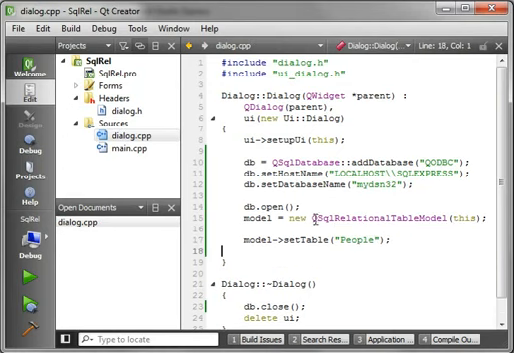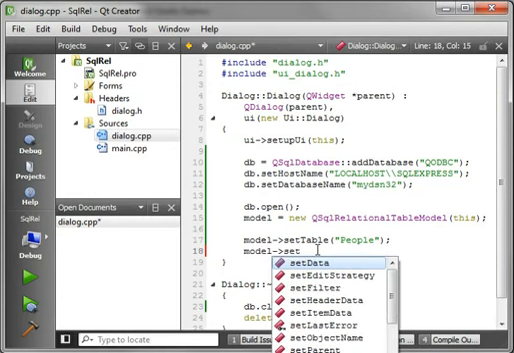Now, the claim to fame with the SQL relational table model is that you can set a relation between two tables, or actually between multiple tables. And I'll show you what I mean here. We'll say model.setRelation,